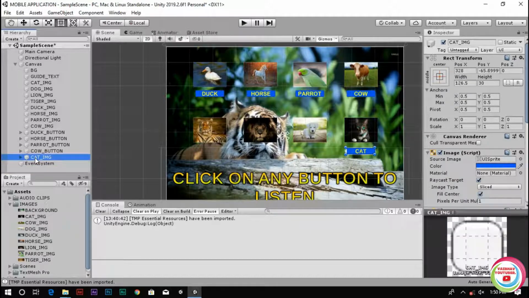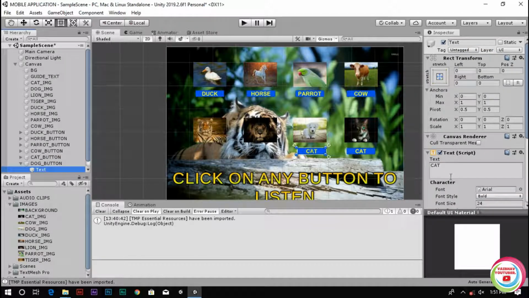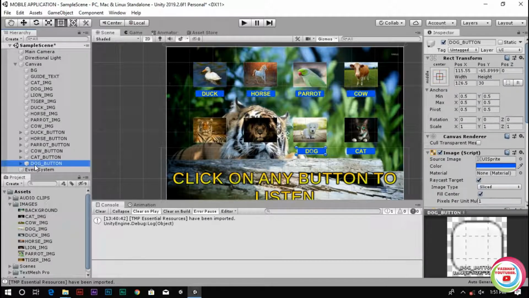and then duplicate this. Then change the text to dog underscore button. Sorry, here cat button. Then change the text to dog, duplicate it,